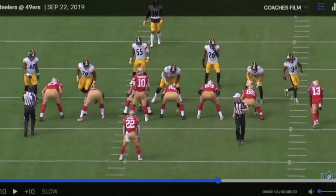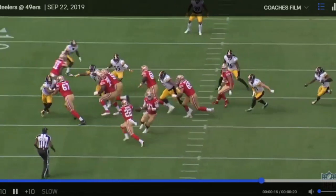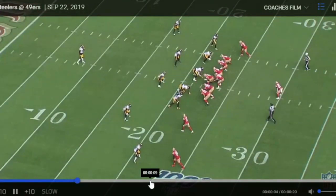I don't like the way they align. They align pretty wide. They open up things in the middle when they're in cover 2. But I think the problems are mostly with the corners in their passing game. Now Watt is a big time problem though, and